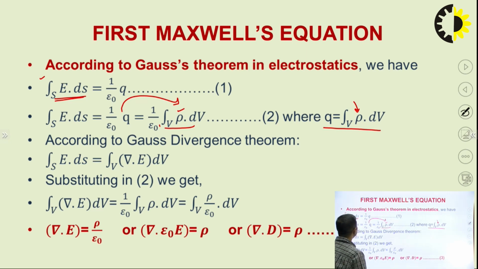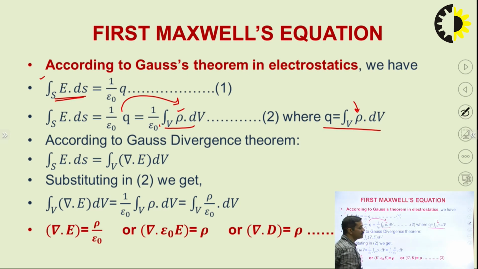Now to find out the differential form, here we can use Gauss divergence theorem. Gauss divergence theorem can be used to convert the surface integral into volume integral and volume integral into surface integral. So here the left hand side of this equation, which is in surface integral form, can be converted into